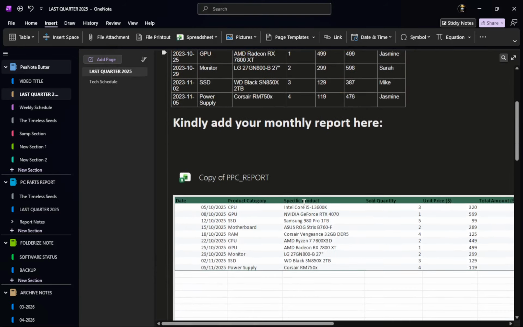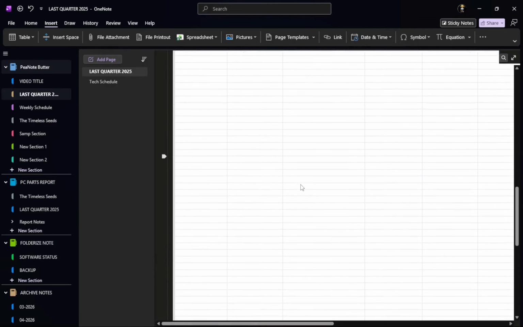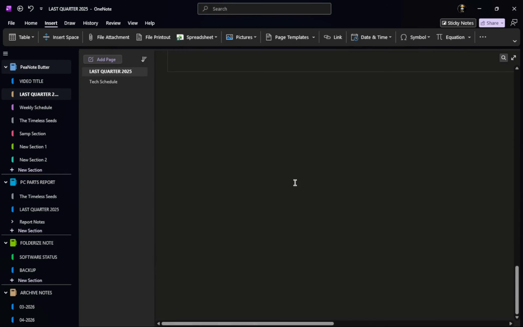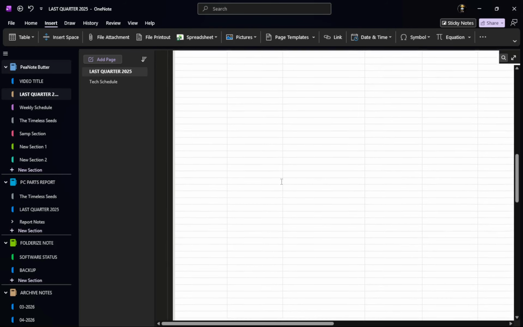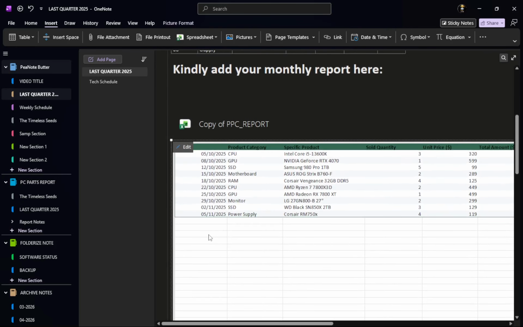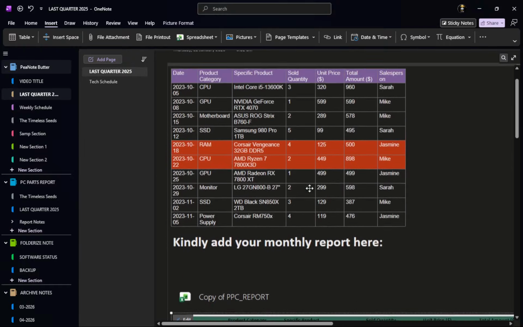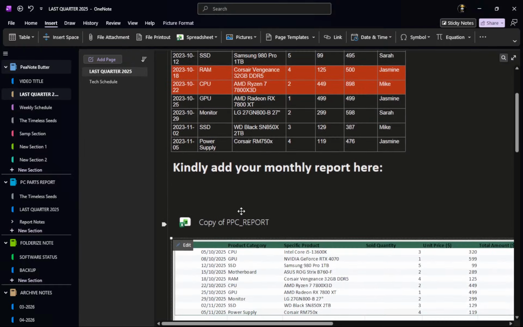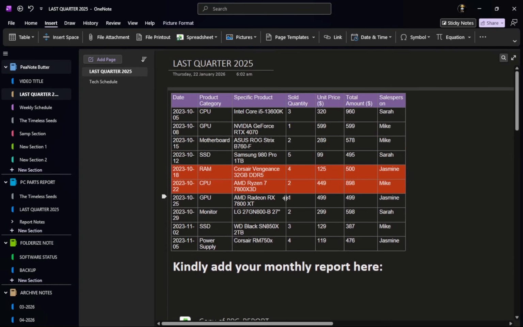However, remember that saving and syncing are different processes. While saving happens automatically on your device, syncing uploads changes to OneDrive, SharePoint, or Microsoft 365. This is crucial for accessing your notes across different devices. Finally, if your notebook is stored in the cloud, ensure that you are connected to the internet. This connection allows your latest changes to sync across all devices seamlessly. By following these steps, you can confidently manage your notes in OneNote without the stress of losing your work.